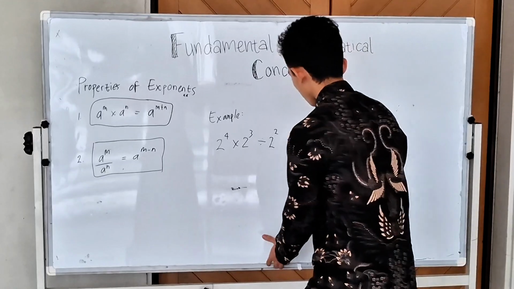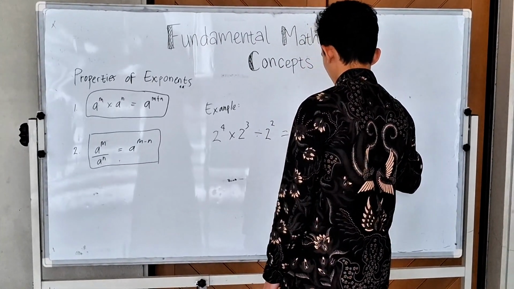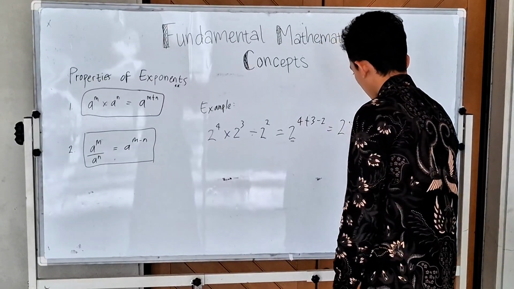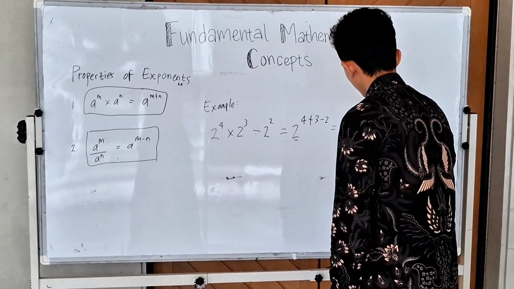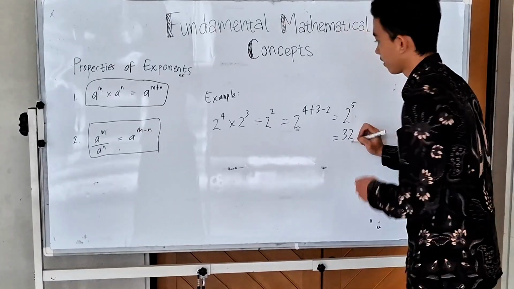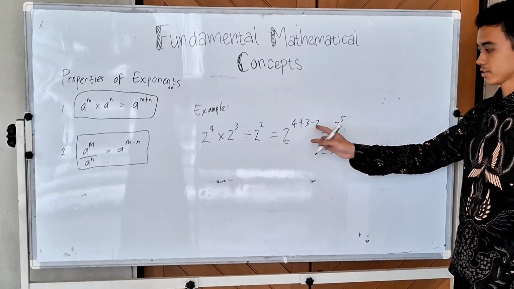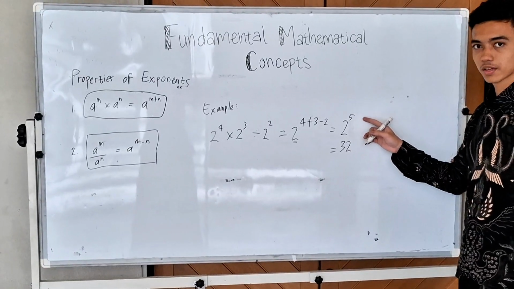Then it equals 2 to the power 4 plus 3 minus 2, equals 2 to the power 5,